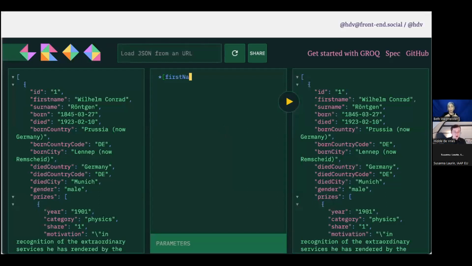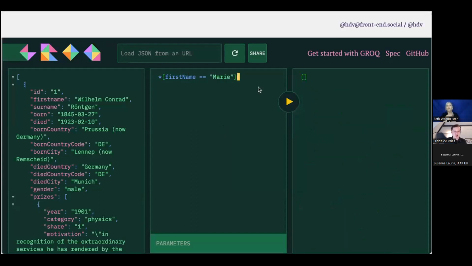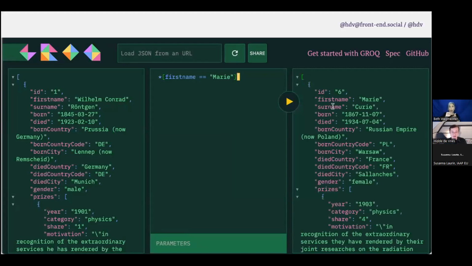So here's a bunch of Nobel Prize winners. And then we have ways to query that content. So you can find all the Nobel Prize winners whose first name is Marie. If I spell the word first name as it is in the property, I can query for something like first name equals Marie, and then I get all the Nobel Prize winners that have that.